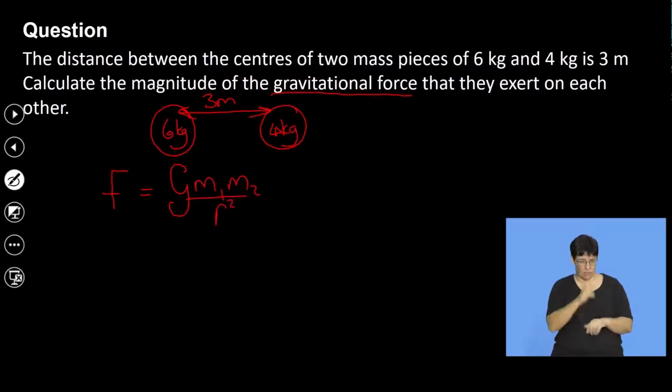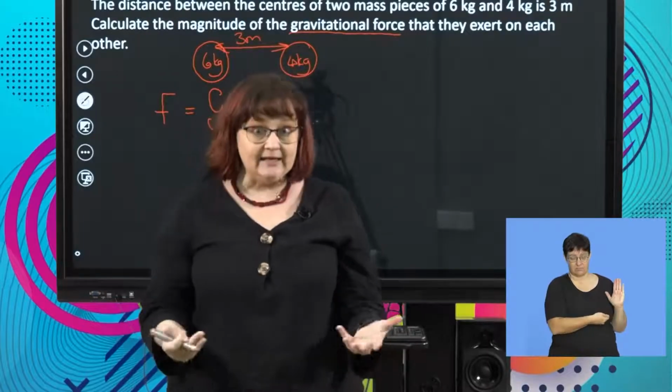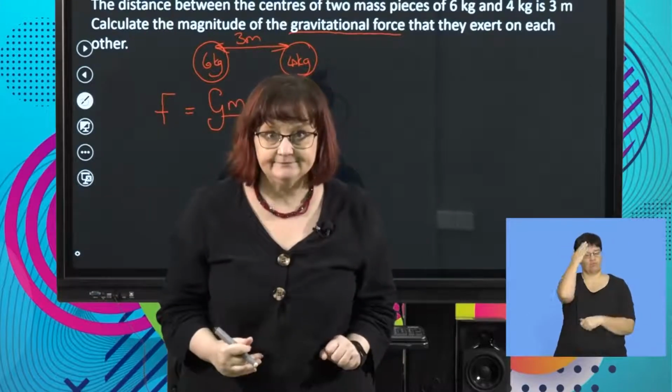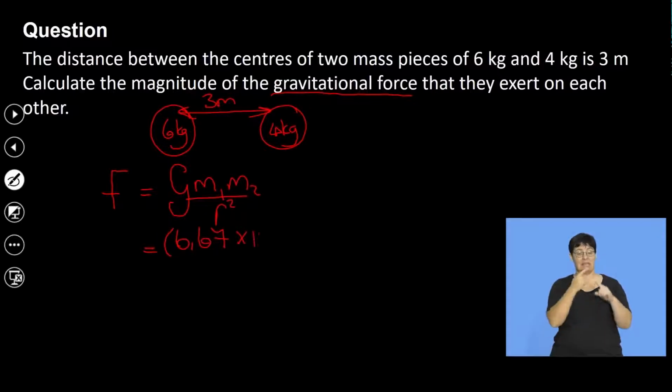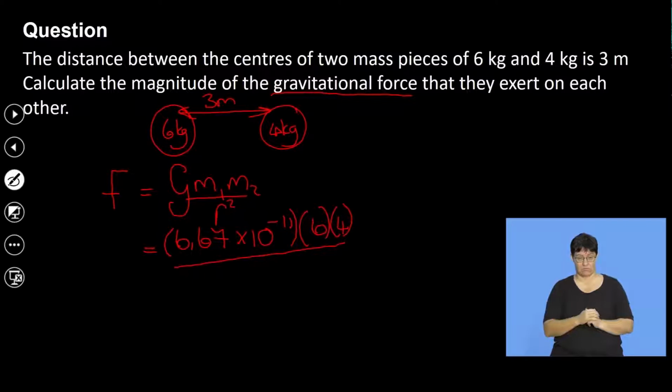Do you need to remember this equation? No, because it's on your information sheet. But hopefully, if you practice enough, you'll know it in your head. Okay? Now we need to do the substitution. Big G is a constant. It's given to you as well, and that's 6.67 times 10 to the minus 11. Ish, we don't like that, but it's fine. My masses are both in kilograms, so it's going to be 6 times 4, and now the big R. It's 3 meters